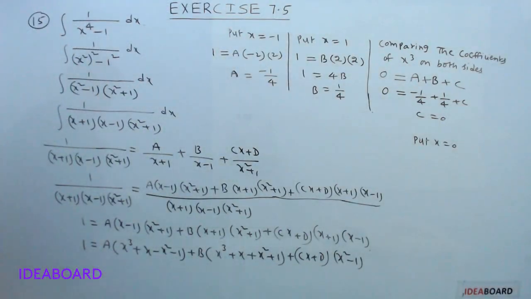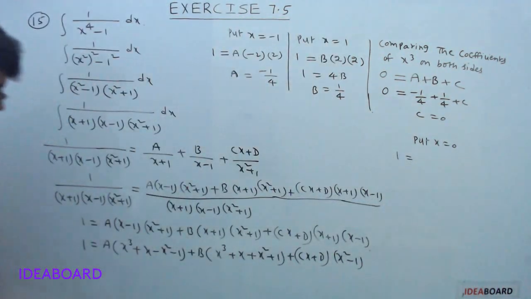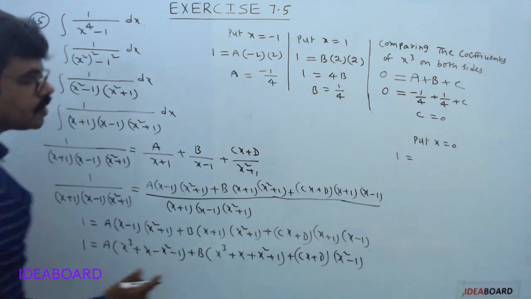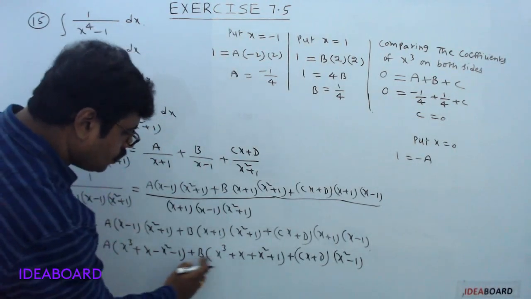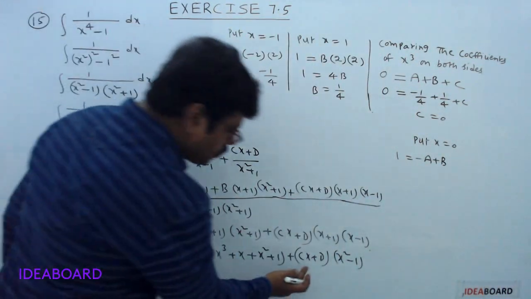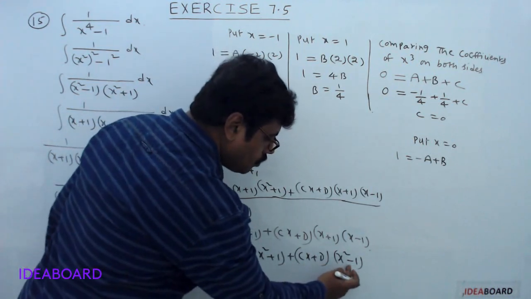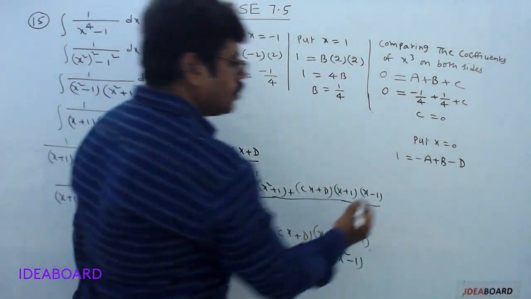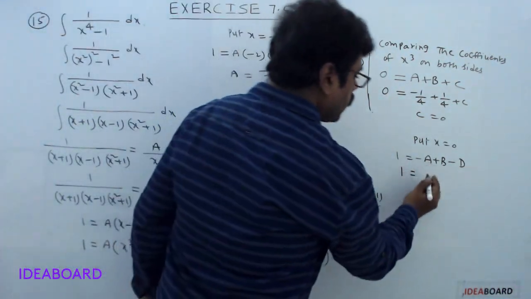By substituting x equals 0, the left hand side is 1, equals a into minus 1, this is minus a, then b into 1, b, then d into minus 1, minus d. Now here 1 equals minus a value, minus 1 by 4, minus a is nothing but